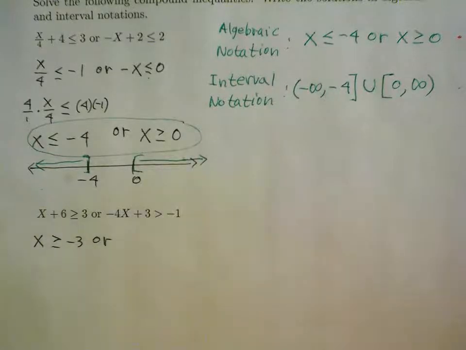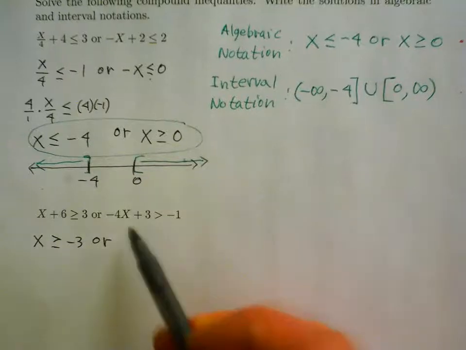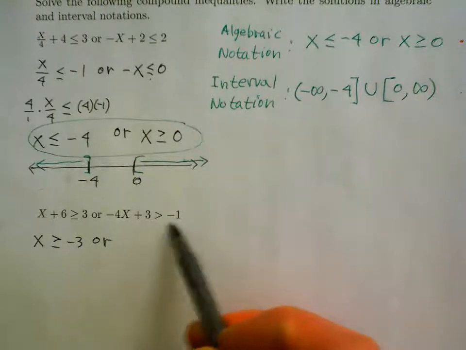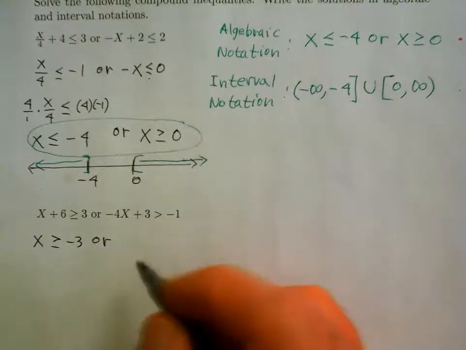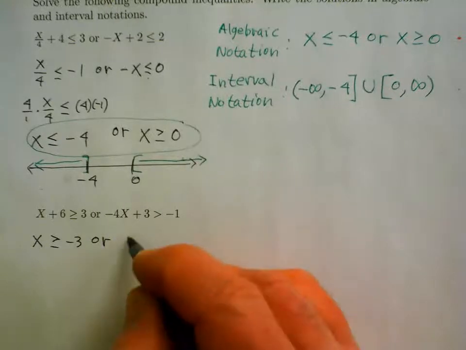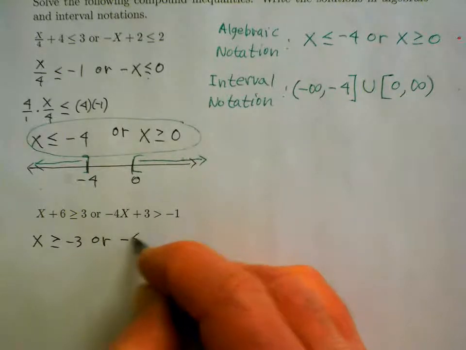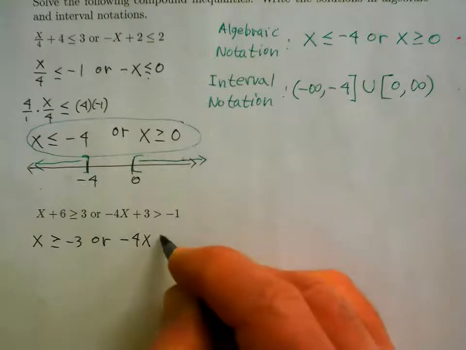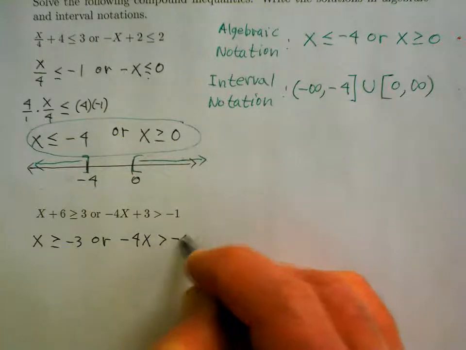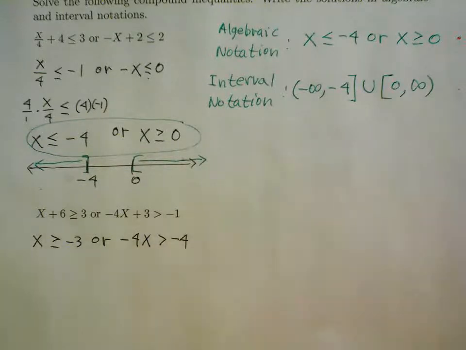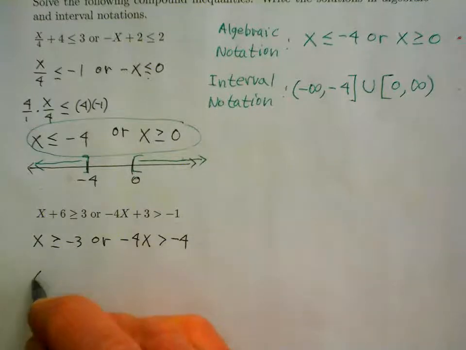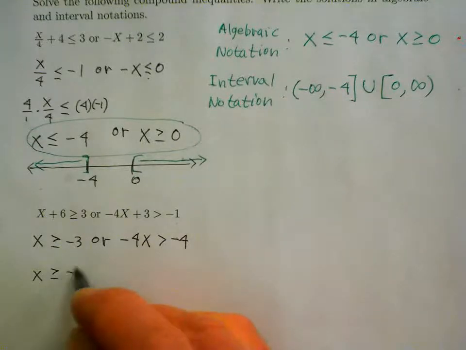And then the word or. Negative 4x plus 3 is greater than negative 1. So this time we subtract 3 from both sides. And we get negative 4x is greater than negative 4. x is greater than or equal to negative 3, or